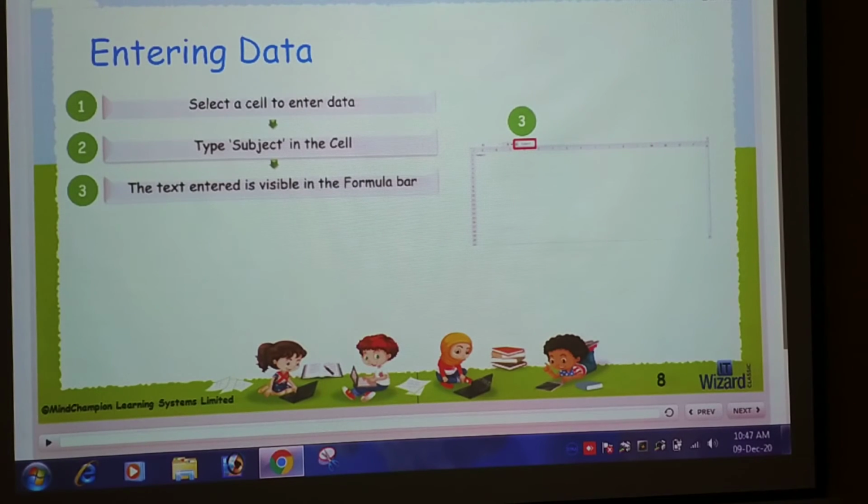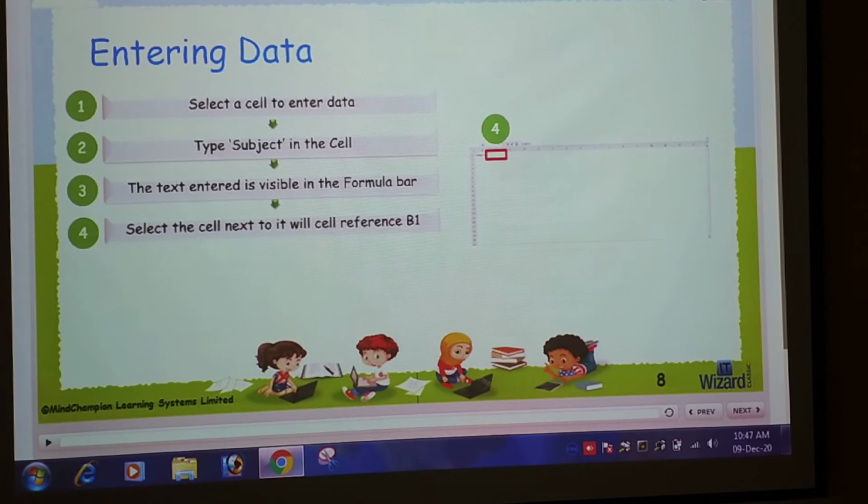The text entered is visible in the formula bar. Then select the cell next to it with its reference. Suppose B1, C1, D1. B is the column name and 1 is the number of the row.